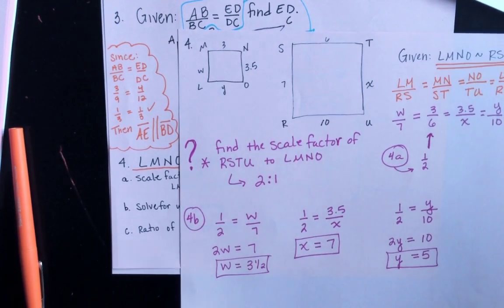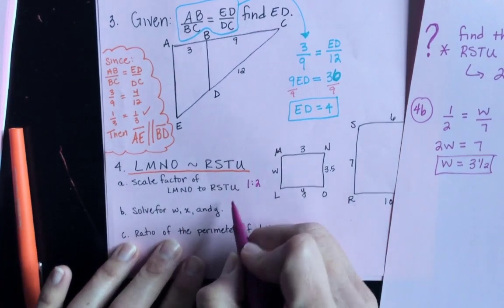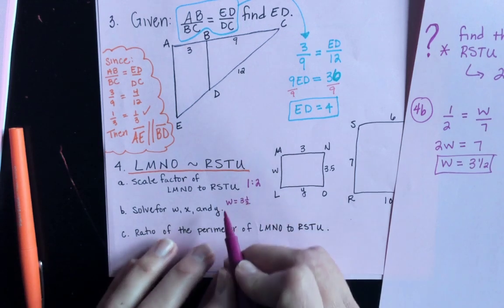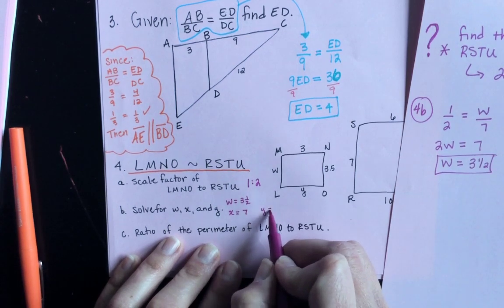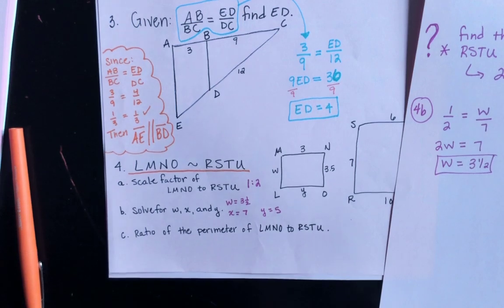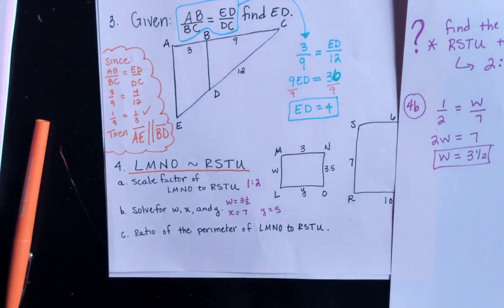So again, I showed my work. I can look here for W is 3.5, X is 7, and Y is 5. Now, because I know that, if I need to, I can come back into my problem and